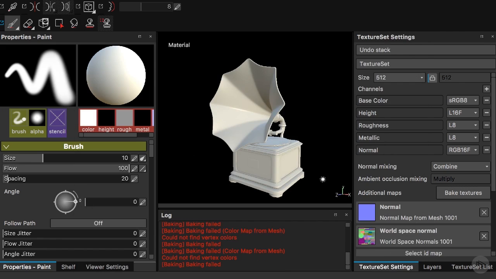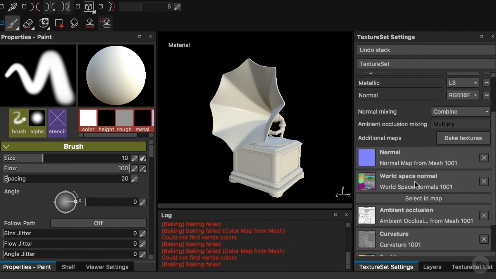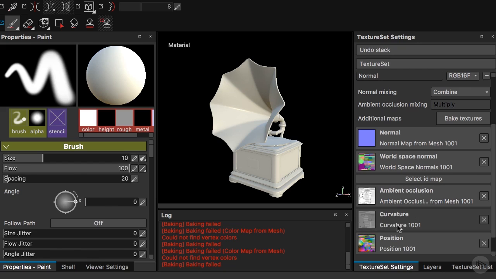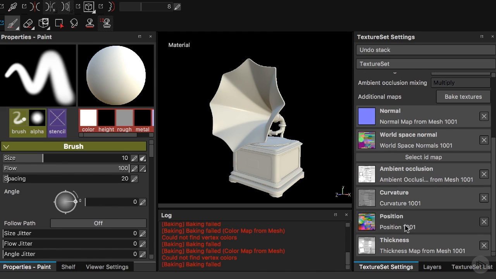Alright, so all of our additional maps have been baked, and you can tell that we have our normal, world space normal, ambient occlusion, curvature, position, and thickness. However, there's one map that has been missing, which is the ID map. So these ID maps will be created based on several selections of your polygons. And in this case, Substance Painter didn't find any different selection, so I will just go ahead and fix this